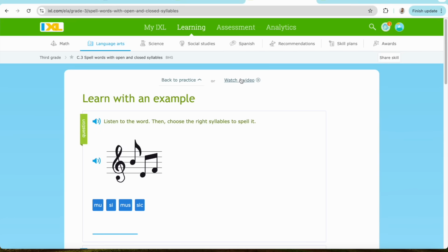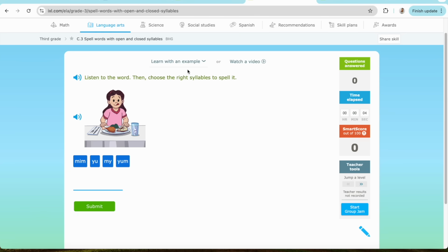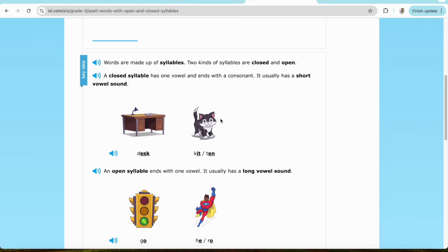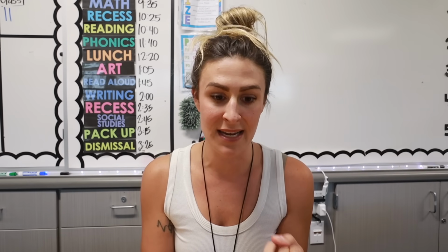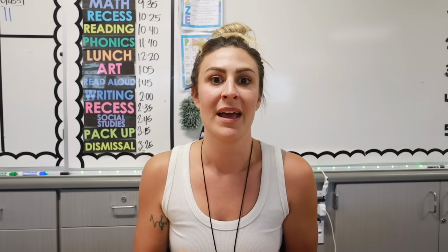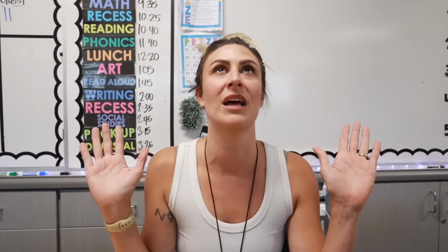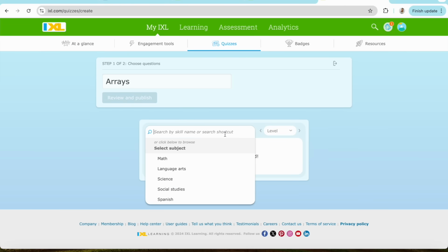But absolutely one of my favorite parts is that if a kid gets stuck on a question, they can either watch a video tutorial or see an example to get immediate feedback through the program, which is amazing because they don't have to come interrupt me while I'm in the middle of teaching. It makes them more independent. They can problem solve on their own, and they're actually learning on their own. It's truly a godsend. The second thing that I absolutely love is that I can create quizzes right through IXL